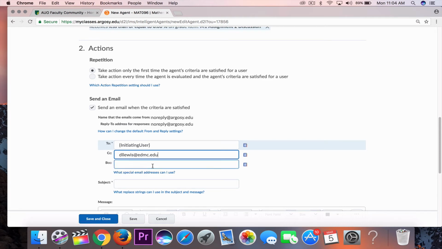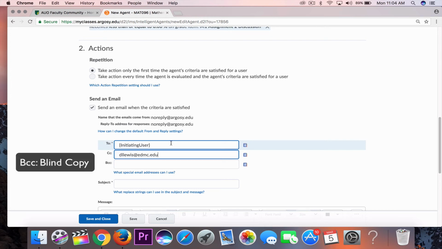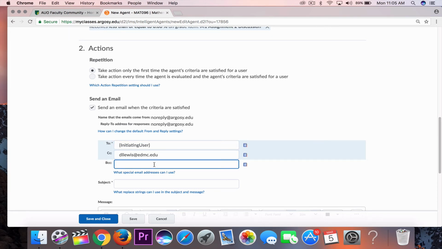If I don't want that person to see my email, I would put it in BCC or blind copy, and then I'd still receive a copy of that email, but the student wouldn't know that I received a copy. That's your individual choice. Now for me, I'm going to say Module 1, this is the subject line of my email,